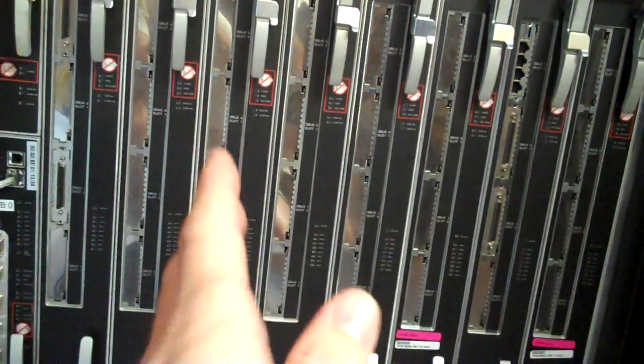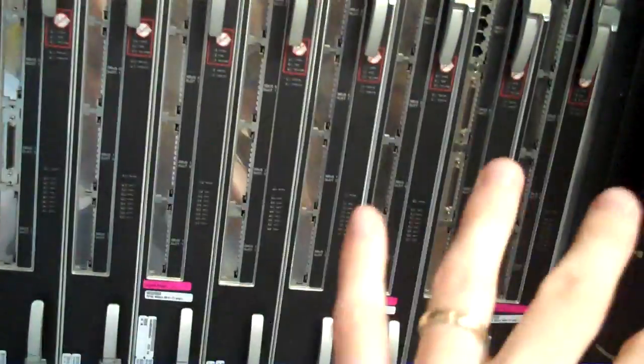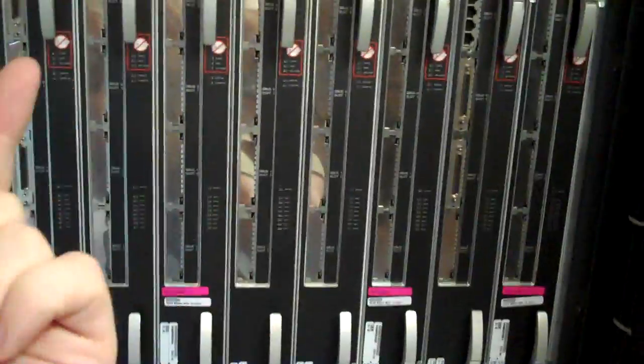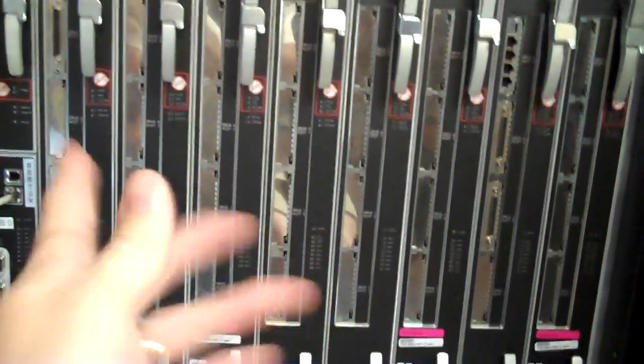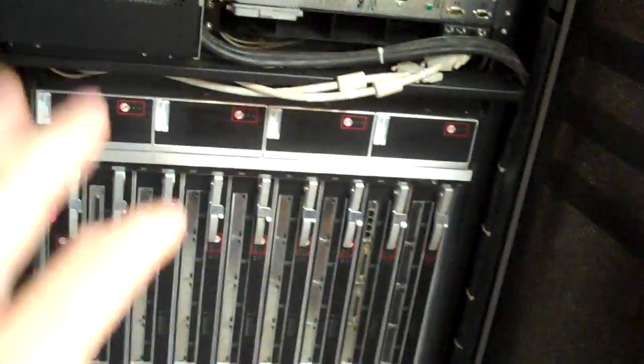Everything that's in RAM on this system board gets migrated to the other system boards, and it's completely turned off. The OS, all of the software, continues running. Doesn't even blink. Pull out the board, replace the processor, slam the board back in, tell the SSP to bring the board back up, it comes online, tests the processors, boots the processors, and then everything evens out again across the boards. Sweet. As well as this, the Gigaplane XB, we can go around to the back here,